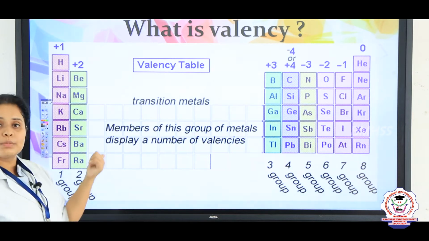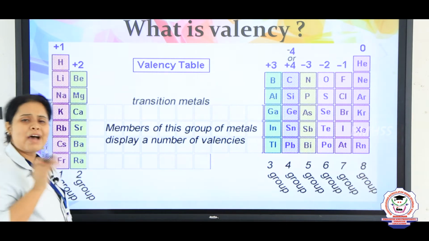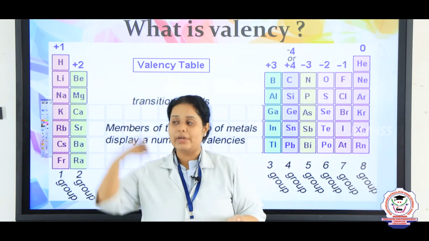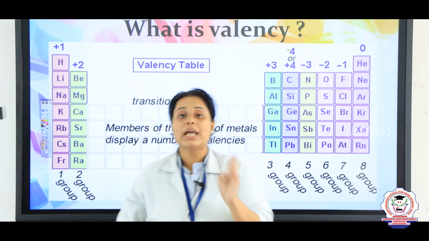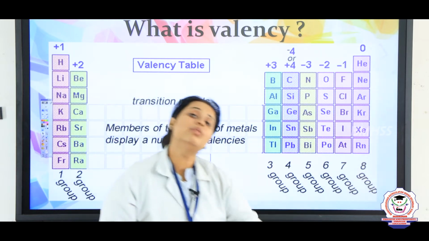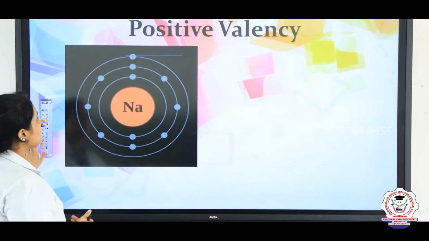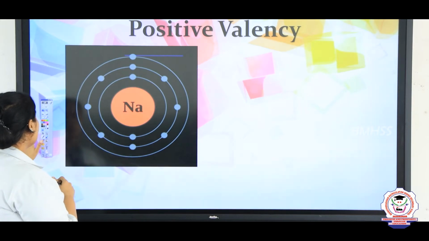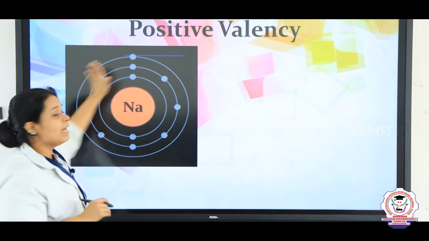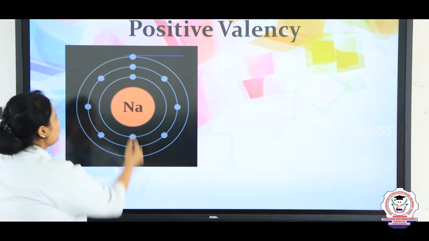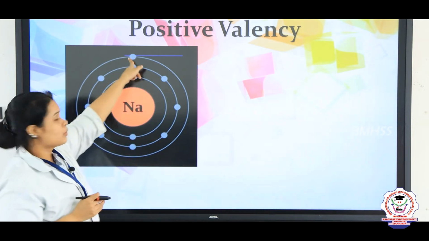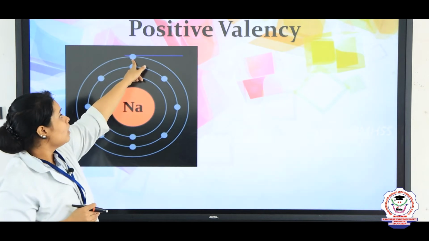Yes, now let's come to the concept of valencies. So children, valency depends upon how an electron from the outer shell will be removed or added. So that is of 2 types. One is addition of electrons and another is removal of electrons. Let's see how this happens. When you are talking about a positive ion, let us take the example of sodium. Sodium has 11 electrons, okay? The first shell will have 2, the second shell will have 8, and the last one, the 11th electron, will be in the last shell.